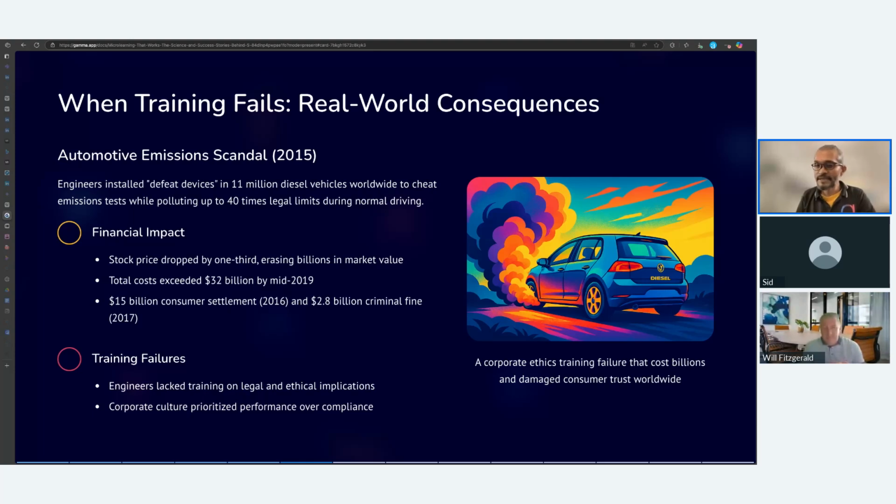And why did this happen? Obviously, ethical considerations were not followed by engineers during that time, and that led to a cascade effect. So these kinds of examples are not really far away from where we are. In terms of the organizations that are currently there, these things can happen. And we see that this is directly linked to training, where if we had given that regular reinforcement of this is right, this is wrong, this needs to be kept in mind, probably we could have avoided these instances. So yeah. Very much so.